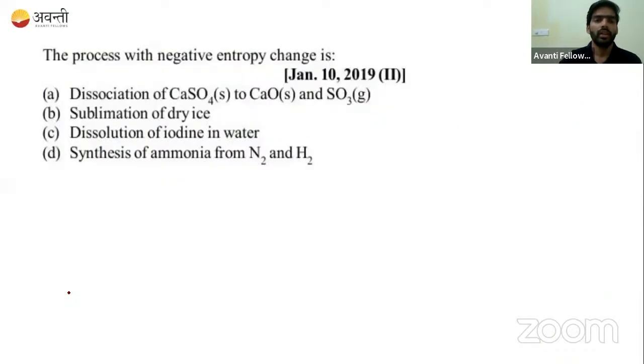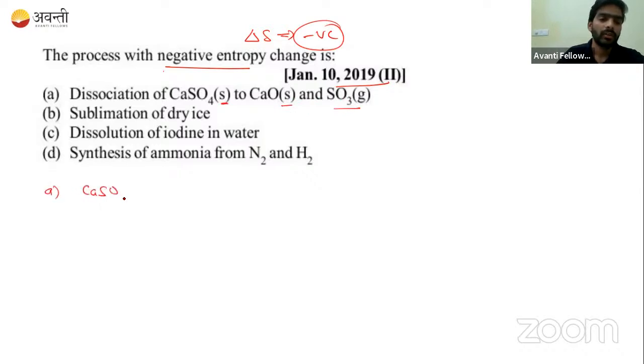So now move on to another question. Here it is asking for the process with negative entropy. Okay, negative entropy. Negative entropy means delta S is negative. It is also a JEE question of 2019. Dissociation of calcium sulfate, which is in the form of solid, to give calcium oxide and then SO3, which is a gas. So A is nothing but CaSO4 in the form of solid, and it is giving calcium oxide solid plus